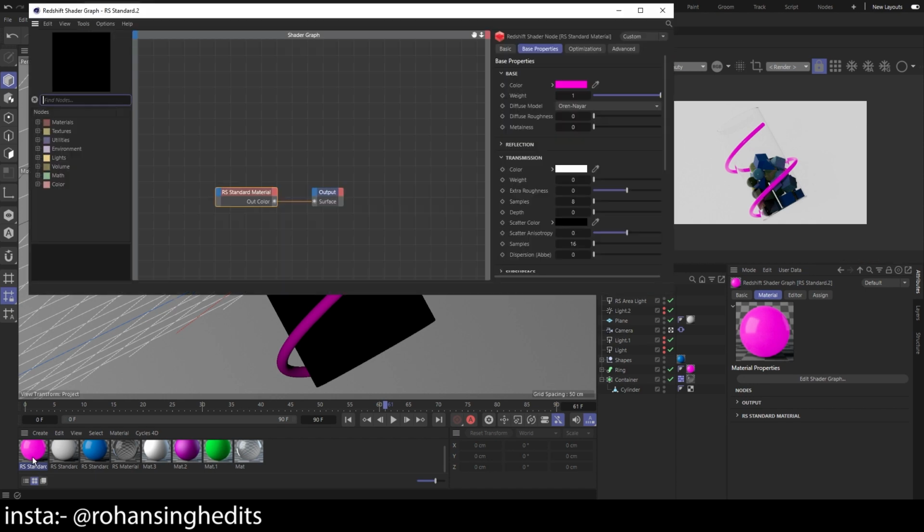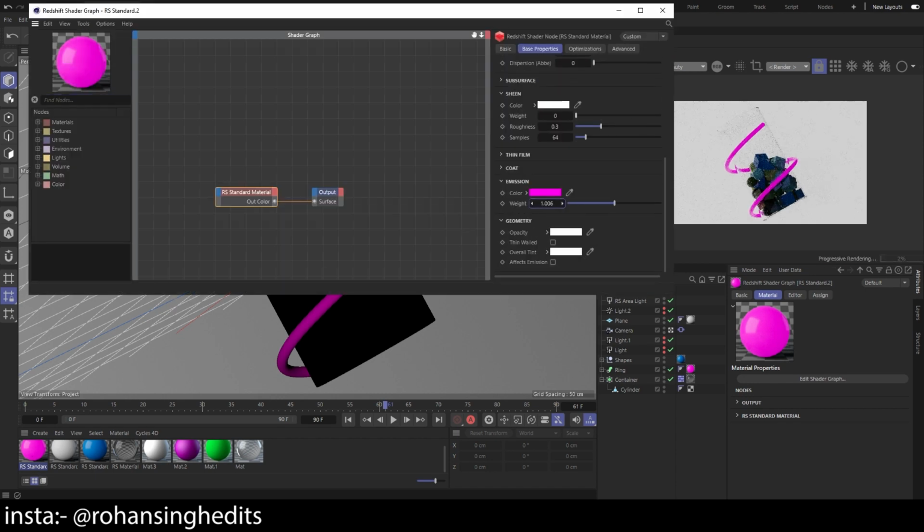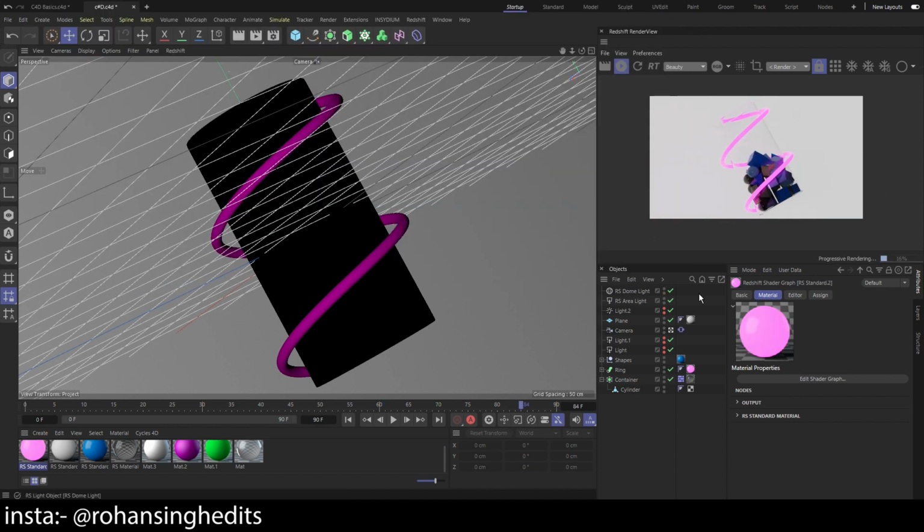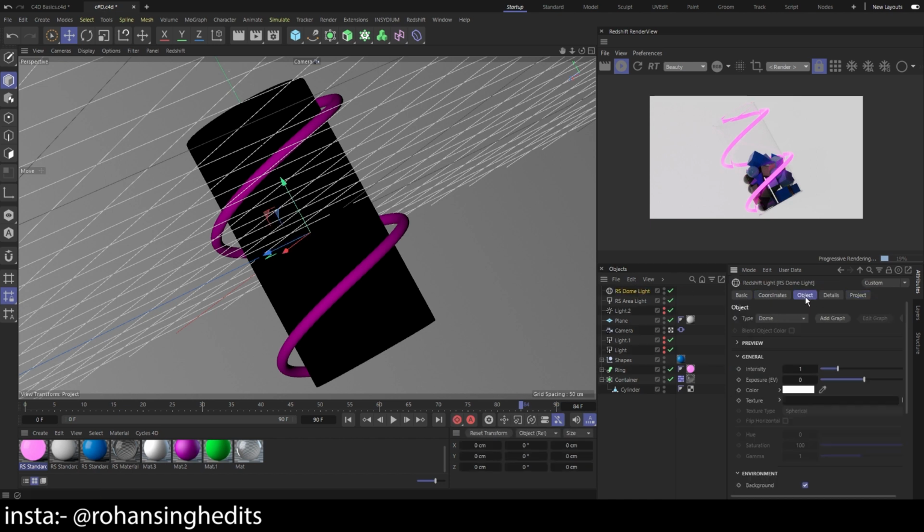Now this is what we get. We can increase the emission weight to get it lighter. Can increase the emission weight. Yep, looks good. Yeah, guys, we can also tweak some light settings. Can decrease the light which is in the background. Yeah, this kind of looks good. Before it was way too much, but now it looks good. Yep, this looks